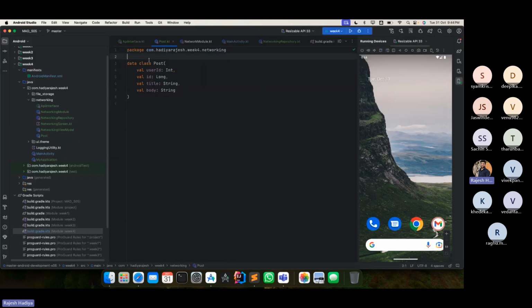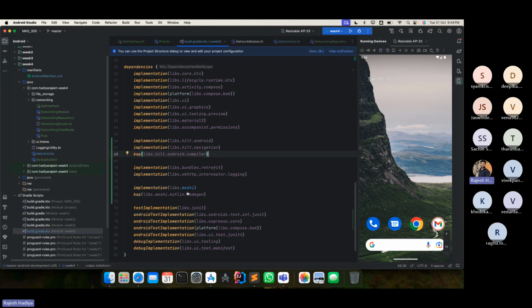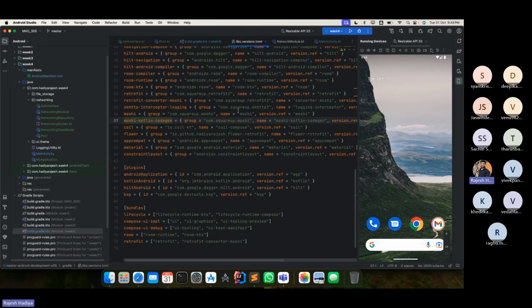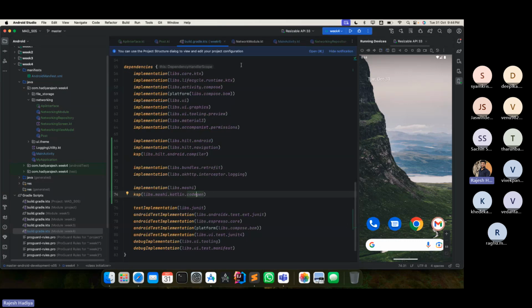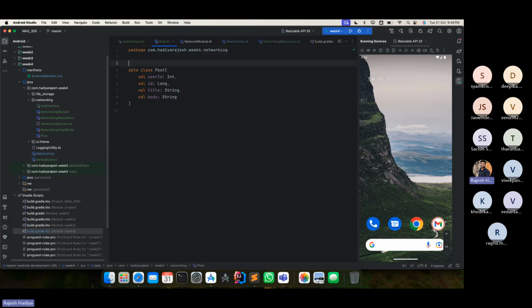Based on the annotations that you provide to these classes, Moshi will generate the code suitable for those annotations. So it does not need to use reflection, and it is a bit faster. That is what we are doing. It's again an annotation processor library, so we are passing it to KSP. This is what CodeGen does: it takes the annotations and generates the code for those classes to map the JSON data to your Kotlin classes. Cool. So we need to tell Moshi, hey Moshi,